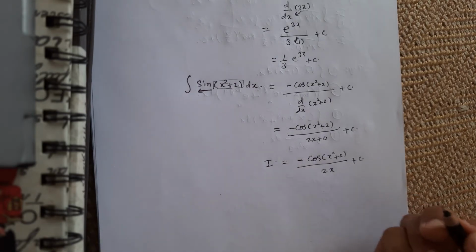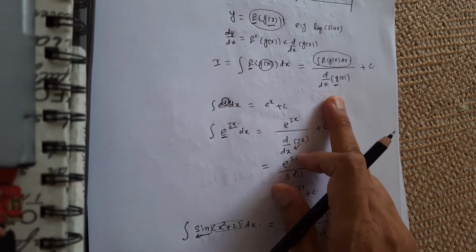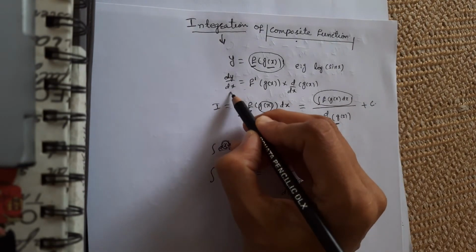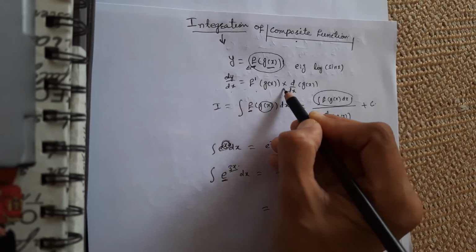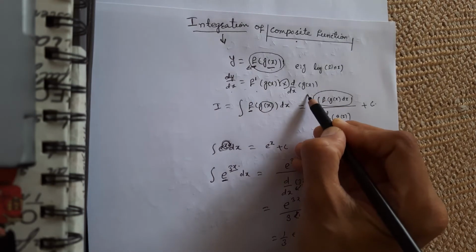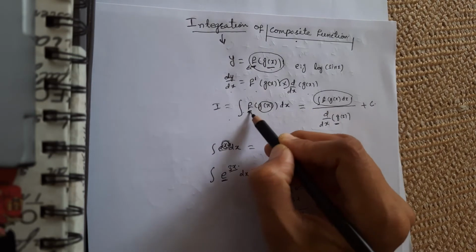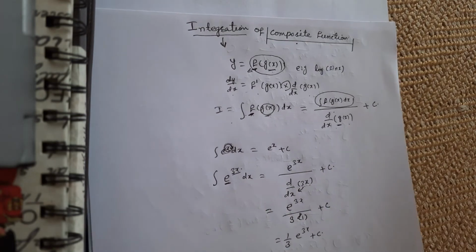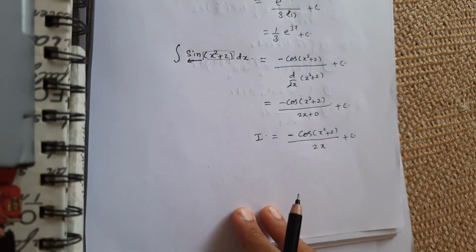That's how we apply this simple formula of finding the integration of a composite function. In a simple way, just remember that while taking a derivative, we first take the derivative of the outer function and multiply it with the derivative of the inner function. But in integration, we first take the integration of the outer function and divide it by the derivative of the inner function. That's the difference I want you to remember. Now we will solve some examples on it so that you will understand the concept well.